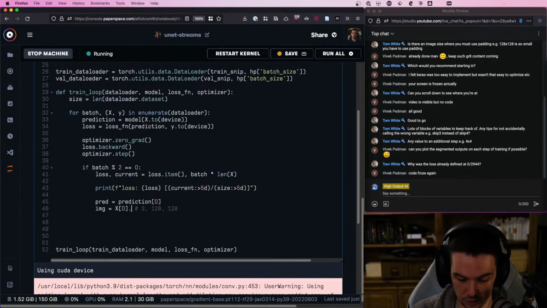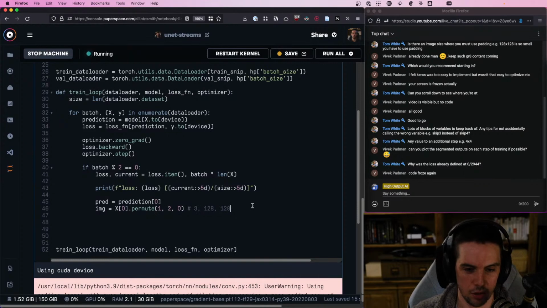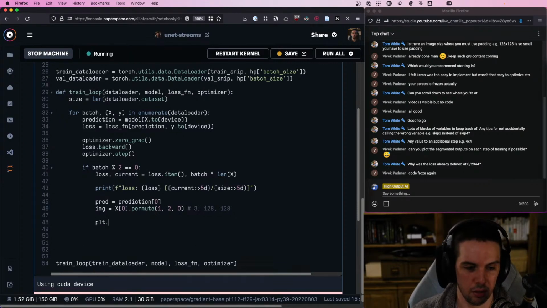So we want to go permute, and we want to have 1 and then 2 and then 0. So that gives a new order for the dimensions. So it takes 1 and then 2 and then 0, which should hopefully, if all things go to plan,